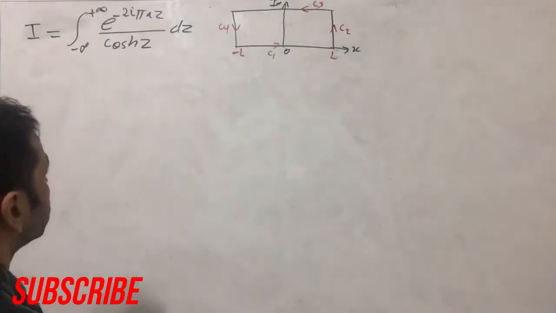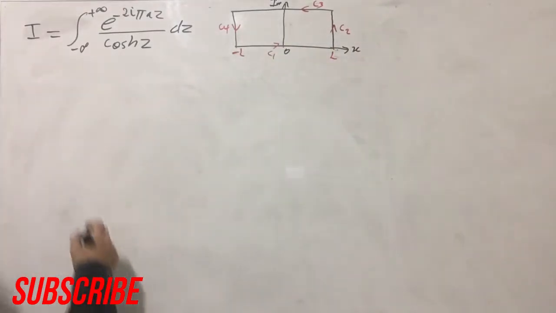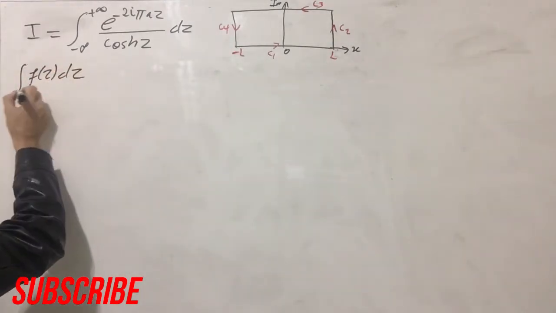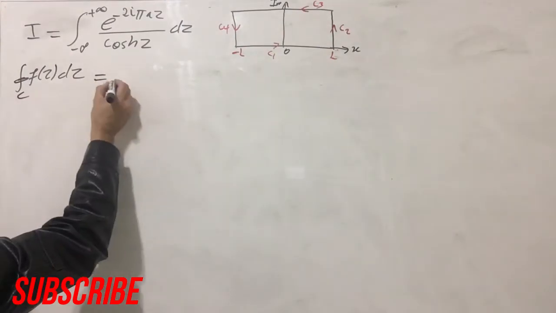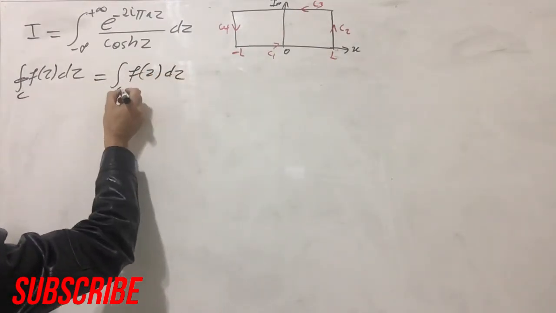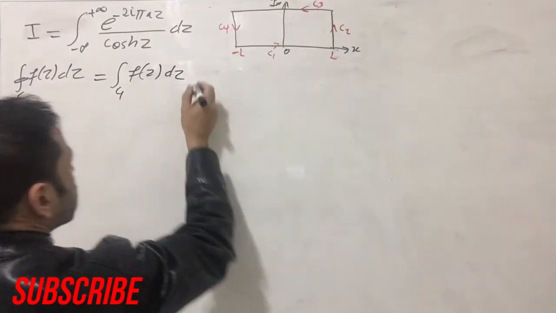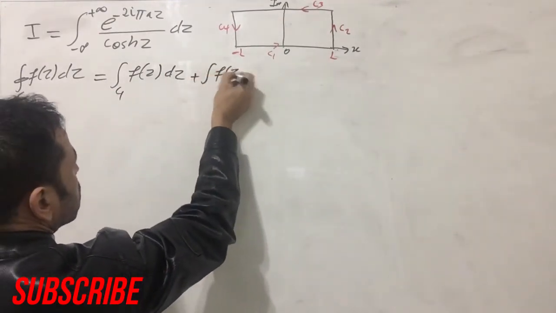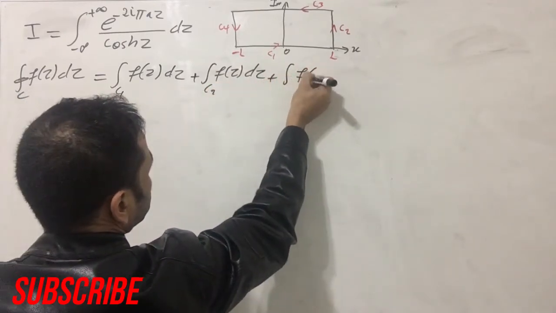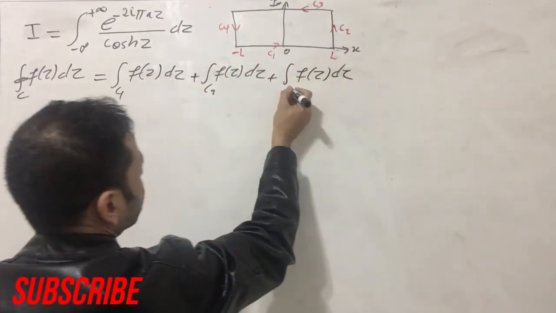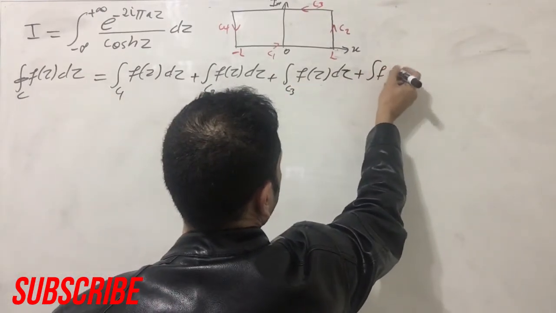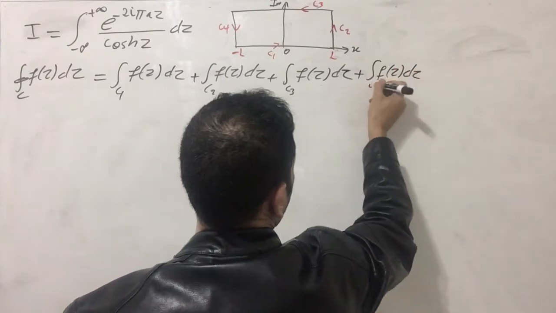So now, by applying the residue theorem, the integral of f of z dz over the closed contour equals the integral of f of z dz over C1, plus over C2, plus over C3, plus over C4,